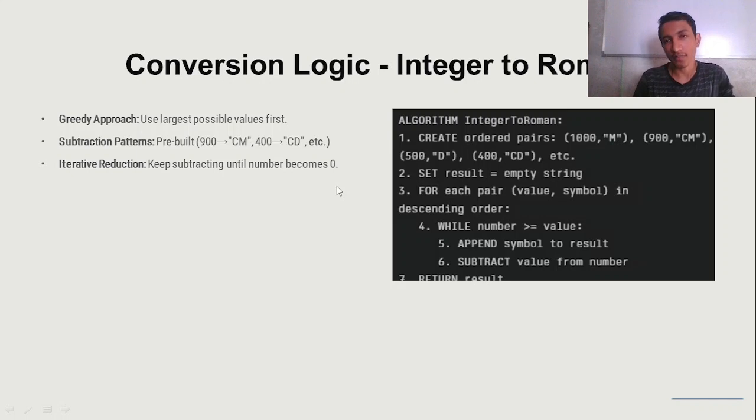But what will be the order of subtracting a number from the given number? So for that we will use greedy approach. Means use largest possible value first. Means we are going to use largest possible value to subtract. Then each time largest possible value first to subtract from the number. Means like while number is greater than equal to value. Means if the number, suppose any number is greater than equal to value, what we will do? We will append the symbol to result. Append means we just write the symbol next to the remaining word, initial word in the result, and subtract value